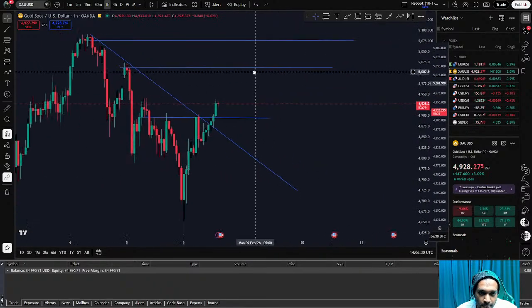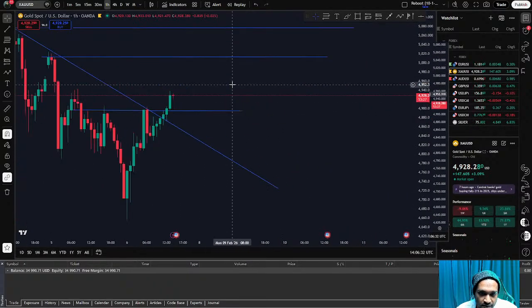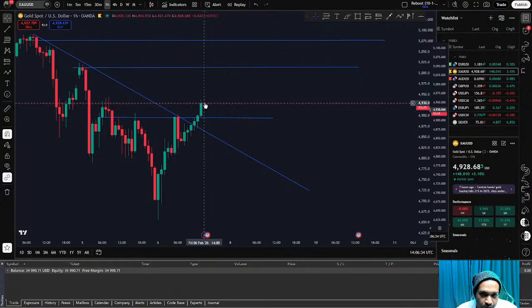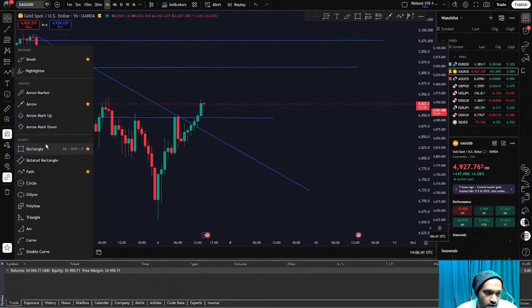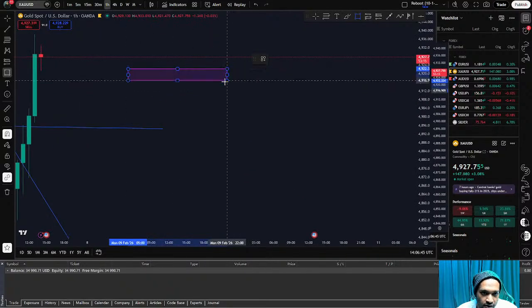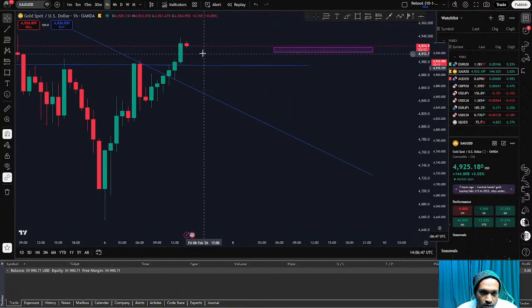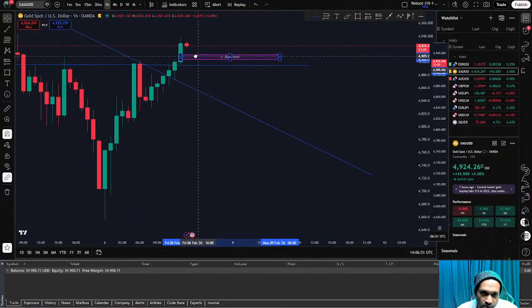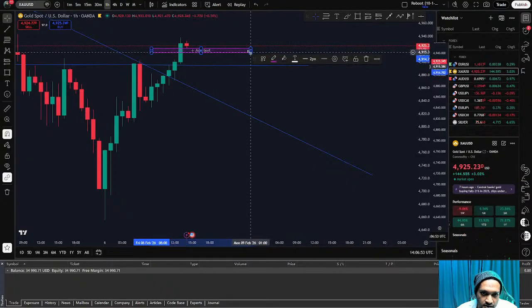H1, right now the fair value gap is these three candlesticks. Okay, so we are looking at, hold on, give me a sec. Okay, this one right here. Let's say we are looking closer right now, between these three candlesticks. In this one right here, let's say this is the price candlestick, so the